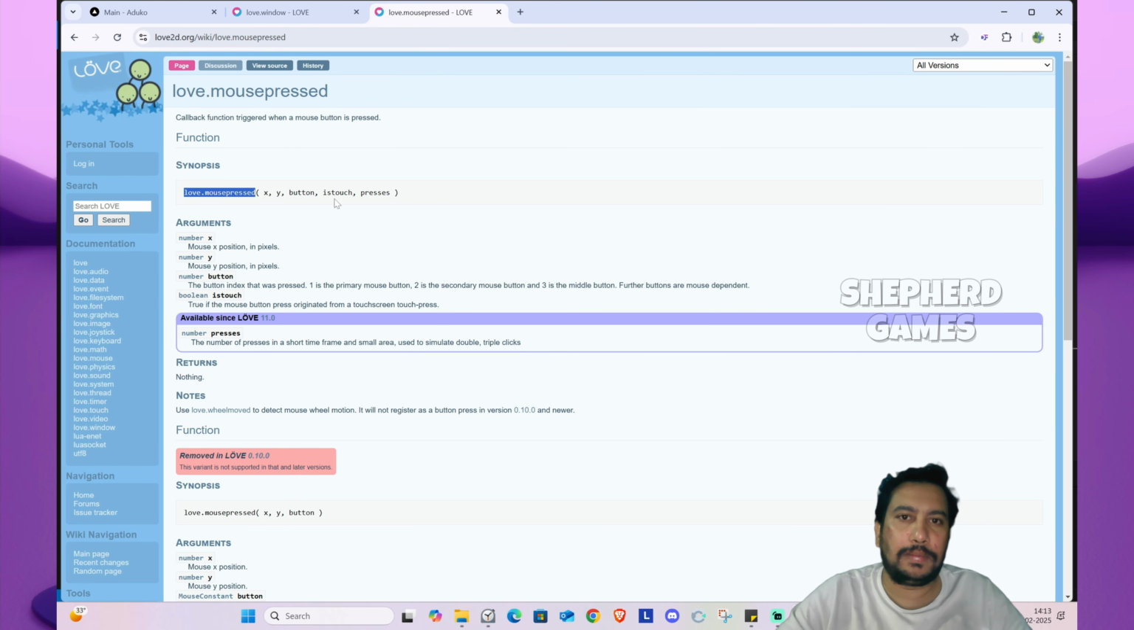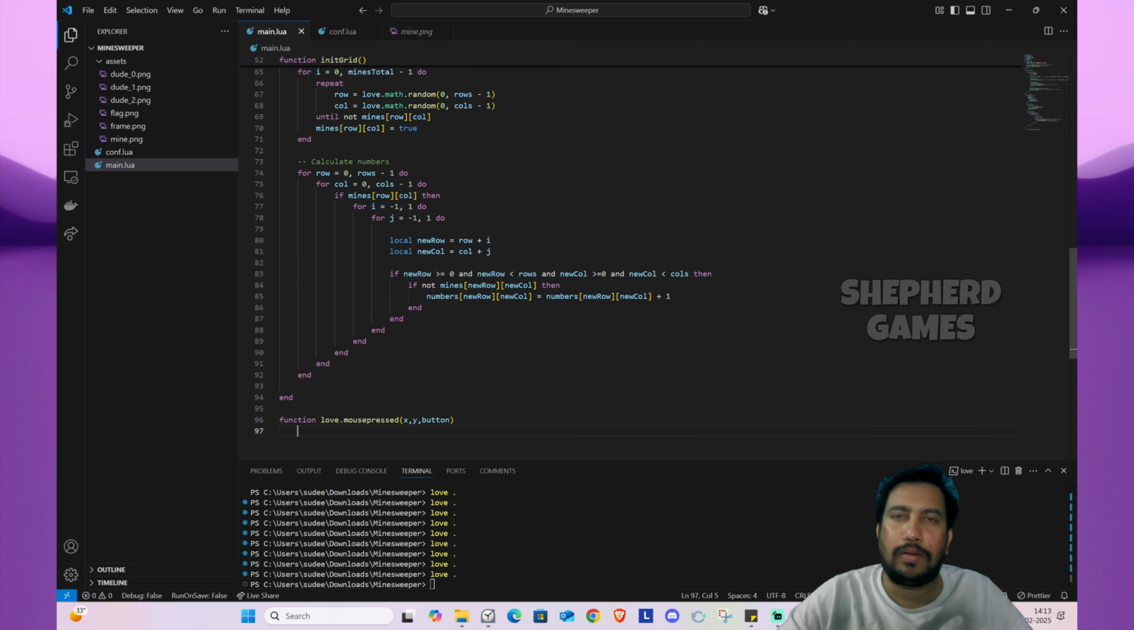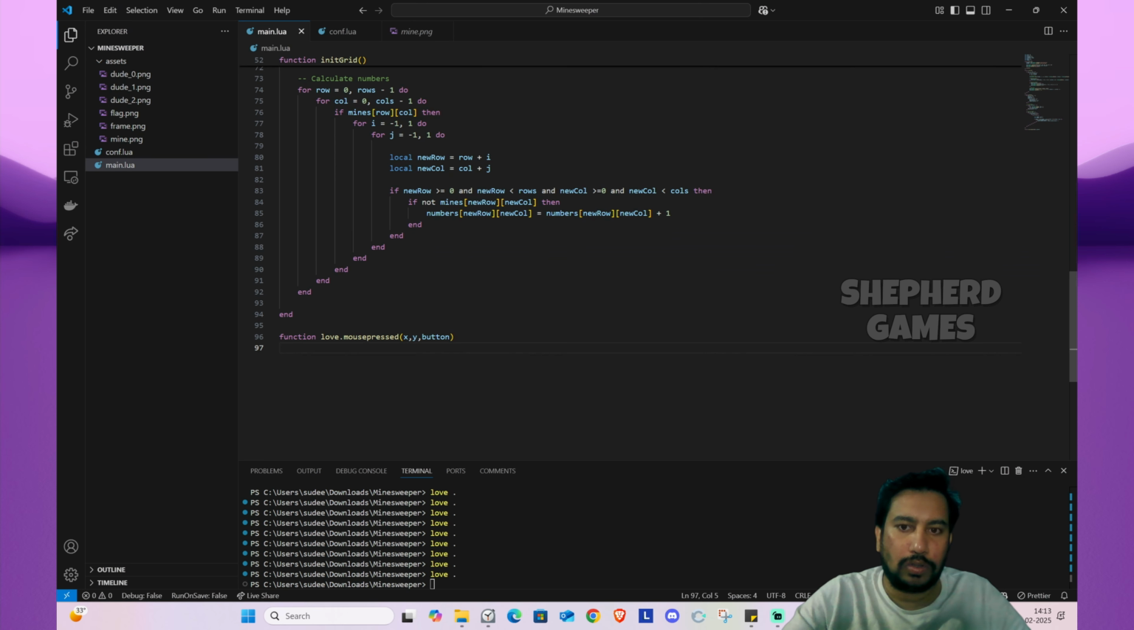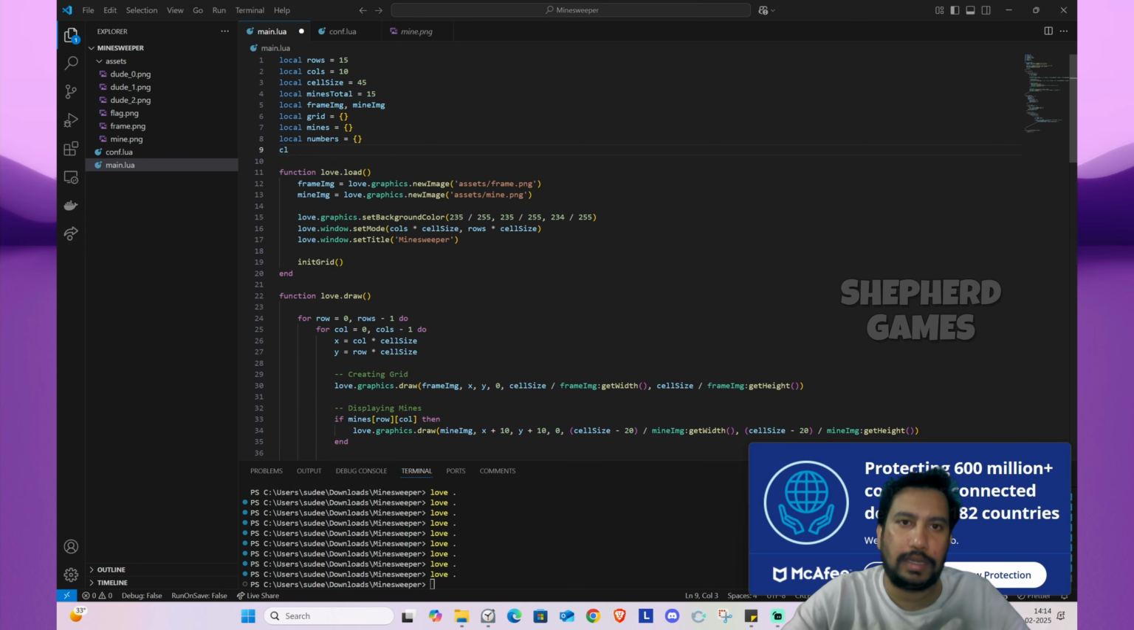So X, Y, button. So button is the number of the mouse. So left click is 1, right click is 2, and mouse scroll, the middle button, is 3. Okay, so if button is equal to 1, left click, then we'll have to set that particular cover as revealed. So for that, let's create one more table,